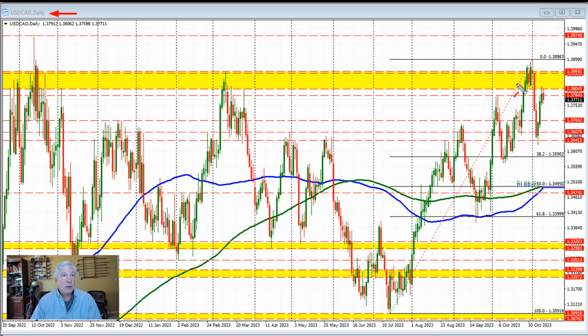And you see this yellow area right here. This yellow area is home to a number of different swing lows and swing highs going back in time. Most of these were highs here. We broke above it, and then we started to use this level as swing highs through here. I don't know if there's any swing lows actually, but you can see all the different times that the price came into this area going back to September 2022, October, November, then in this year, February, March